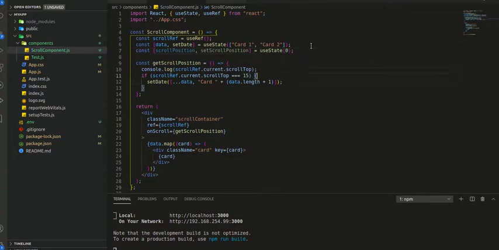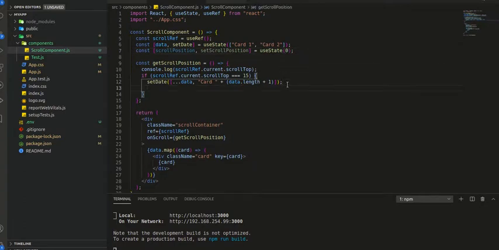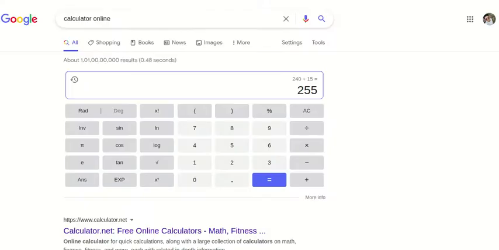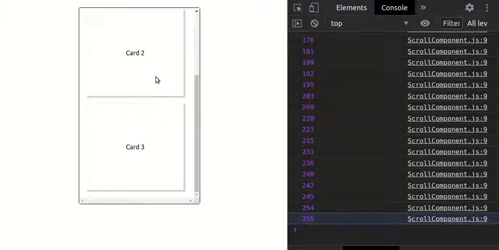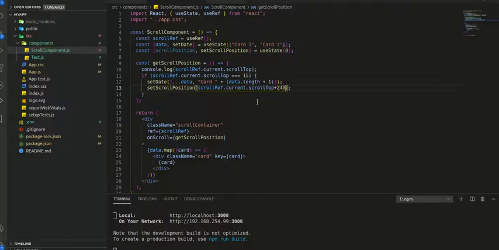And what we will do here is in our first condition, we will set scroll position to our current scroll top position, which for the first time will be 15, plus we will add the height of the card. The height of the card we have already calculated, it is 240. So 240. So in here what we are doing is we are predicting the next scroll top position.